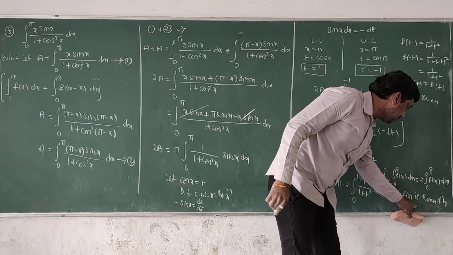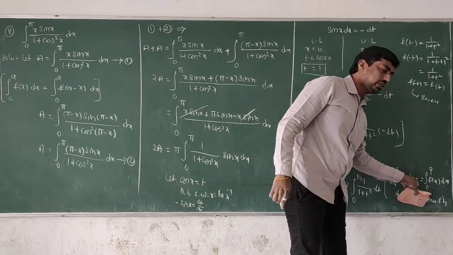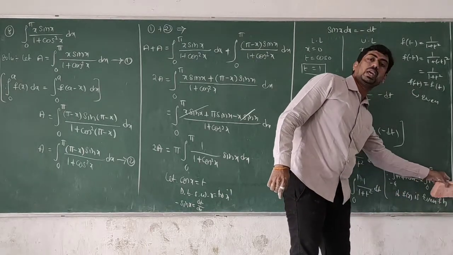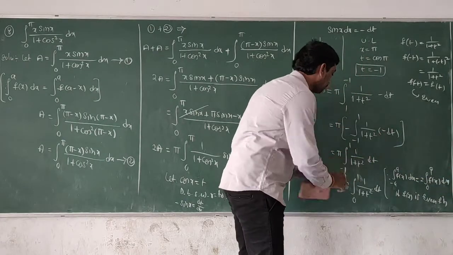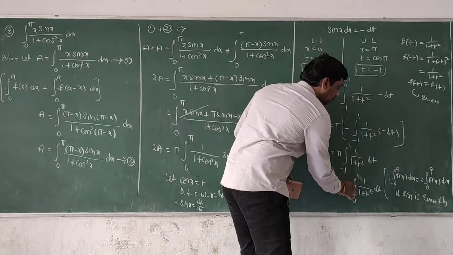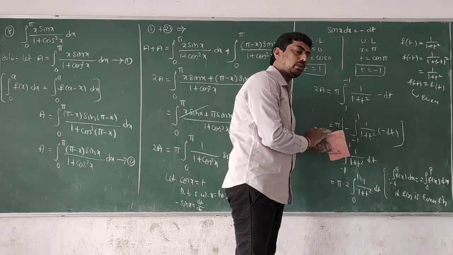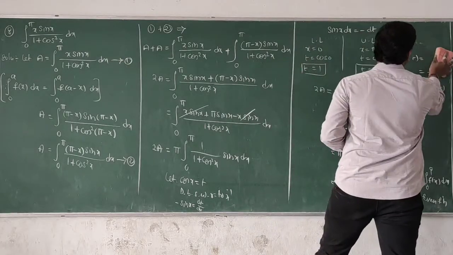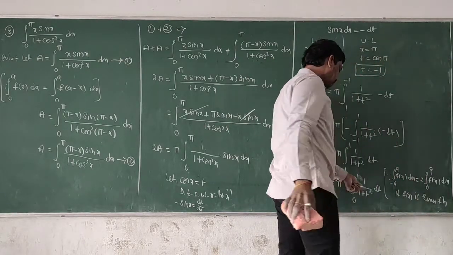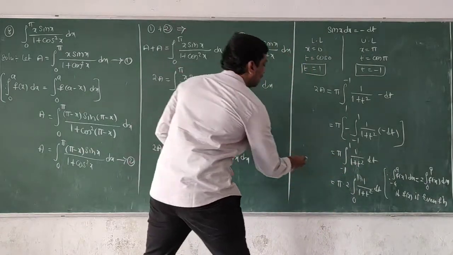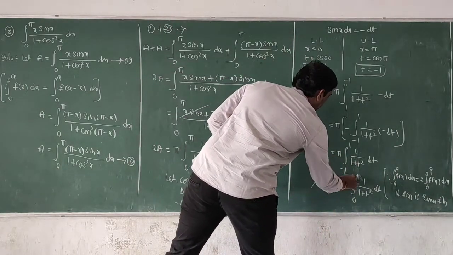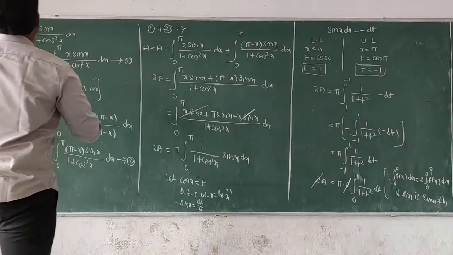If that one is an even function, then the integration from minus a to a f of x dx can be written as 2 into the integration from 0 to a f of x dx. That's why minus 1 to 1 can be written as 2 into 0 to 1. Understood? In the previous problem also, the same model. Okay? No need to write this one. Up to here understood clearly. Which value is this one? 2a. Here 2 gets cancelled.